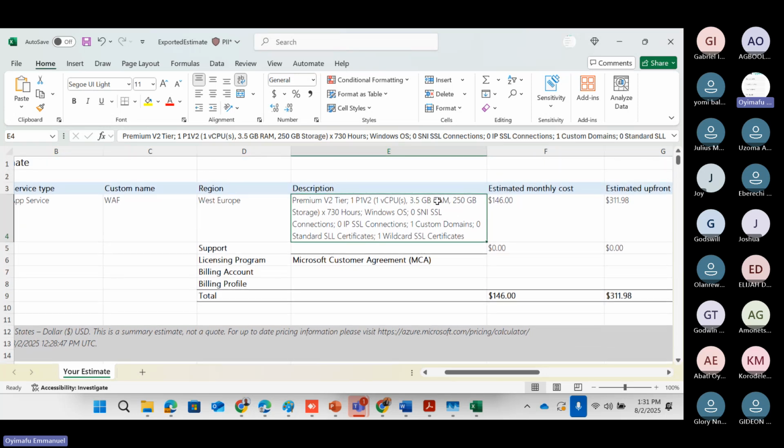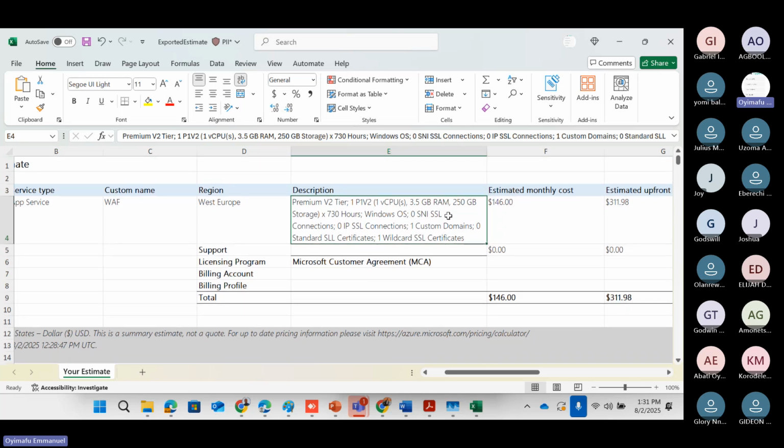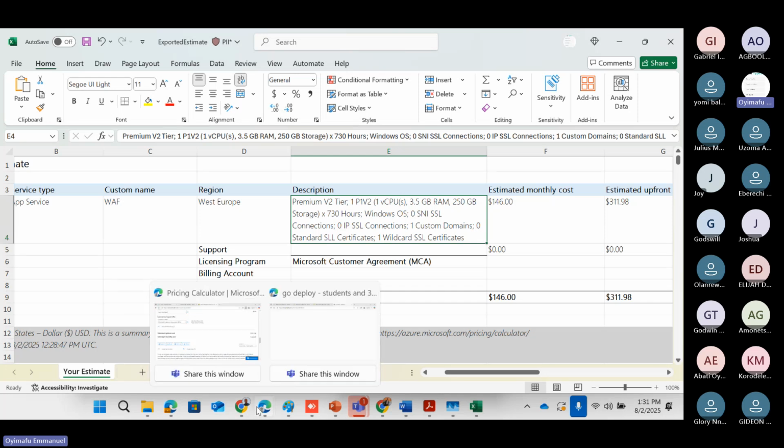The customer will now say, okay, this is what I'm spending. This is what I'm going to pay. Then this is the monthly cost. Then the upfront cost is more or less the addition of those yearly costs, because we have some things that you pay yearly. So if we come back to the Azure portal now,